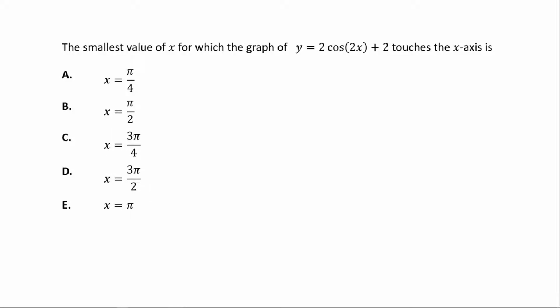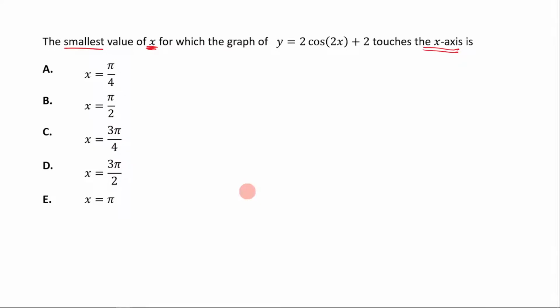Okay, so let's answer this question here. It says the smallest value of x for which the graph y is equal to 2 cos of 2x plus 2 touches the x-axis is which of the following? Now, you could do this using your CAS, or you could do it by hand as well. If we were to do it by hand,